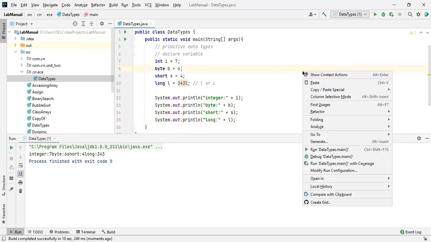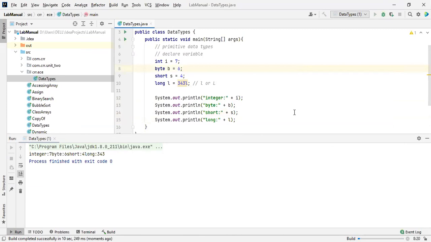Again, I'm going to run this program. Run here, where the keyword run is, and there is the data type main. Just click on that. See this one, integer 7. So this is the integer value, this is a byte, this is a short and this is a long. And tomorrow we'll discuss the remaining primitive data types.